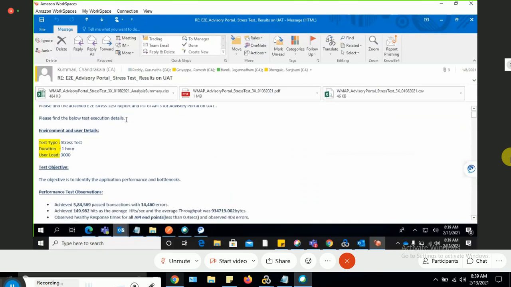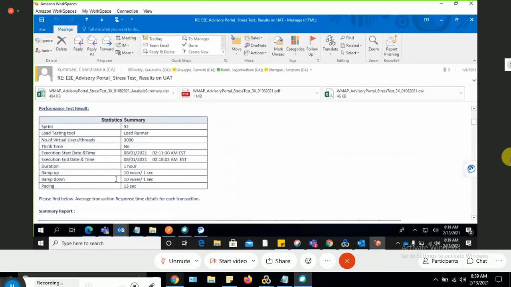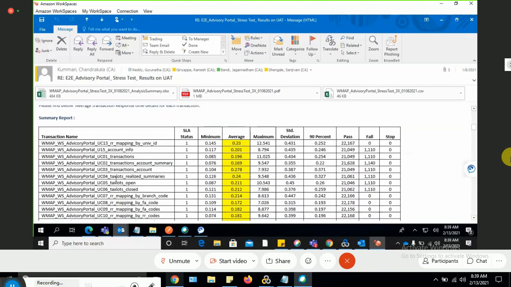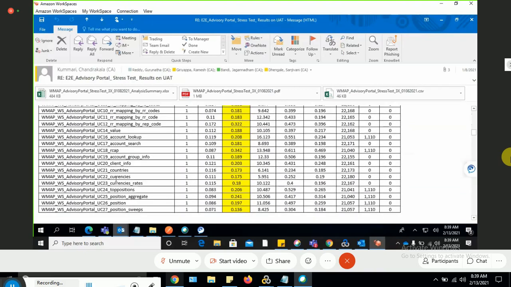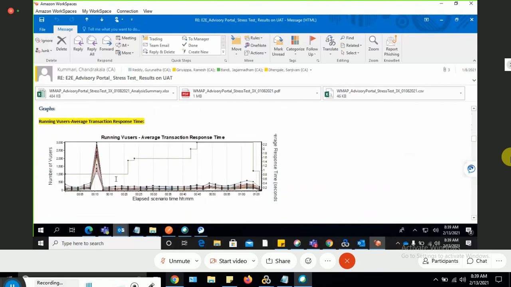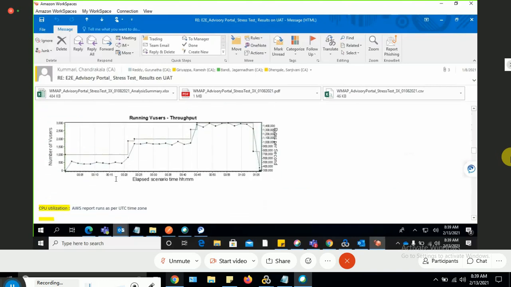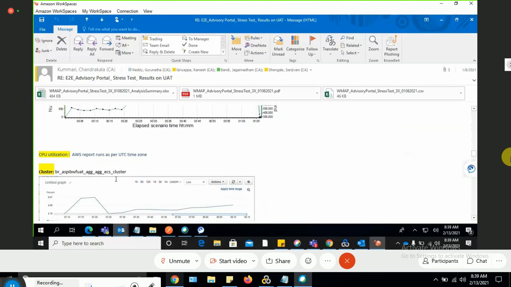Now if you see here, similar, here is the stress test type of test, duration 1 hour. Sorry, the load test is with 3000 user load. And if you see here, how many transactions are achieved: 5,84,000, and failures are 14,000. Similarly, you can see all transaction response times with details, and you are able to see graphs also, right? Running Vusers graph, per second throughput, and then CPU utilization of AWS